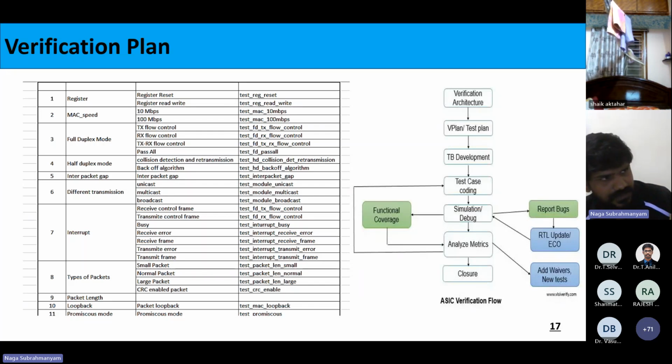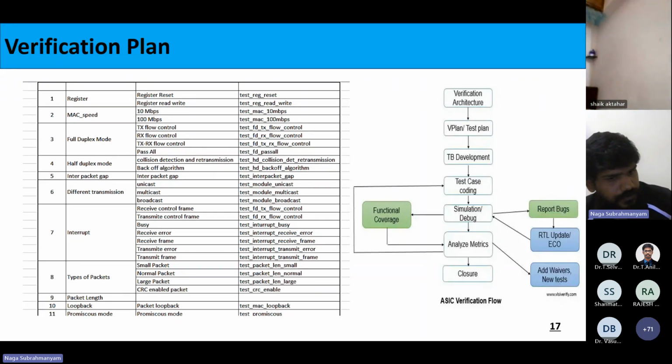They have a list of registers. I will try to write a value to the register. Now I'll come to what value I need to write into the register. They'll give you the list: if you write this value into the register, this will happen. Suppose they have a mode register. As an example, if I write a value to the mode register, say 200, then it will behave like half duplex.